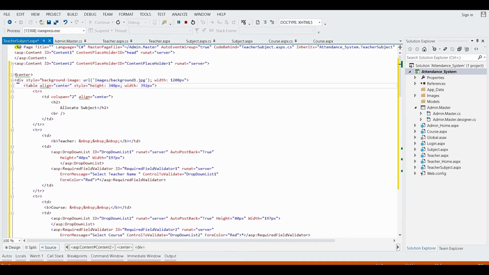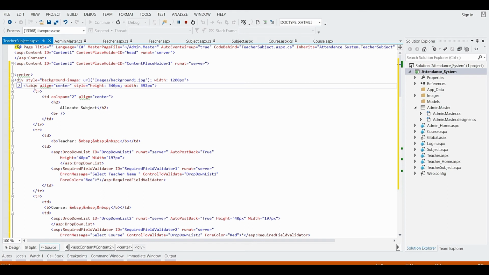First of all, I have taken one center tag. Within the center tag, I have taken one div tag. In the div tag, I have given the style as background image. I have provided the image URL with a width of 1200 pixels.